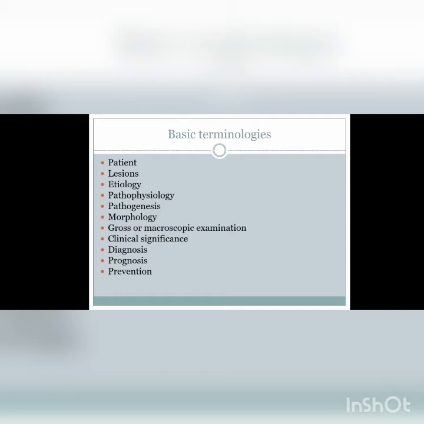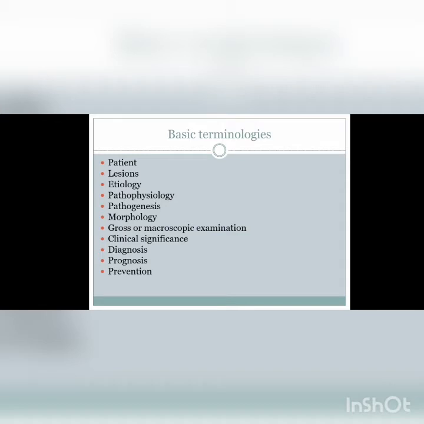It refers to the fate of the patient suffering from the disease. Let's say the person with lung cancer has a bad prognosis, which means the chances of his survival is less. But a person with, it is just an example, but a person with common cold will have a good prognosis. Why? Because the chances of his death or anything severe to happen is very less, right? So that is prognosis, which refers to the fate of patient.